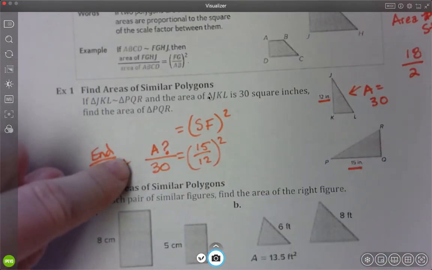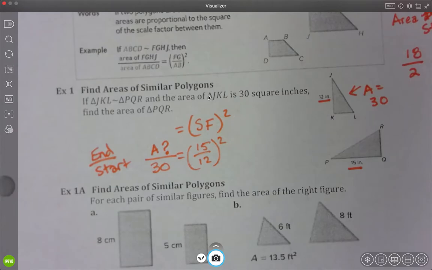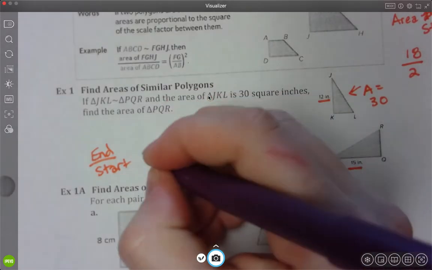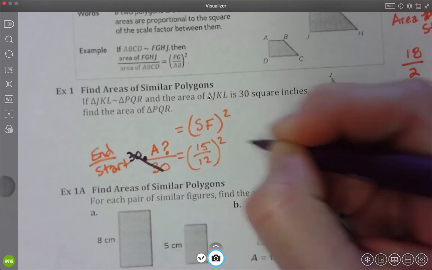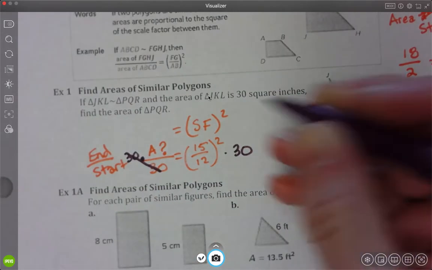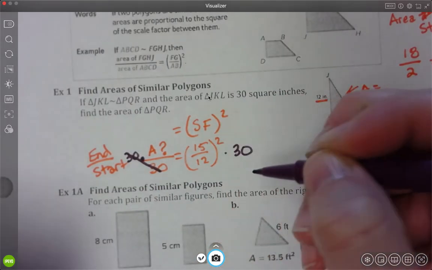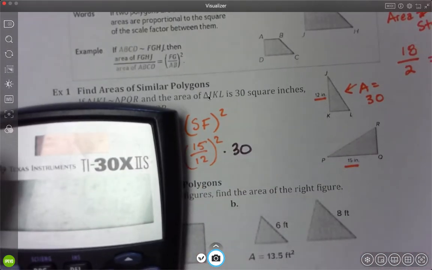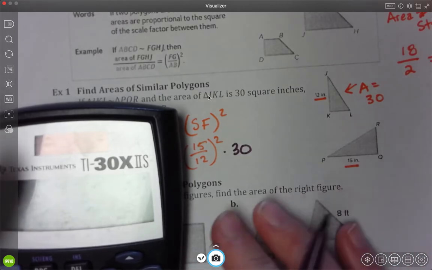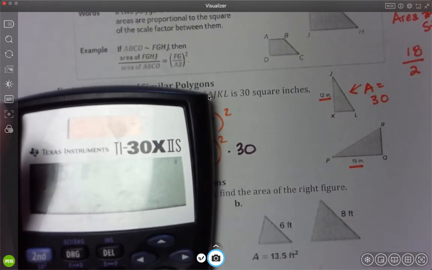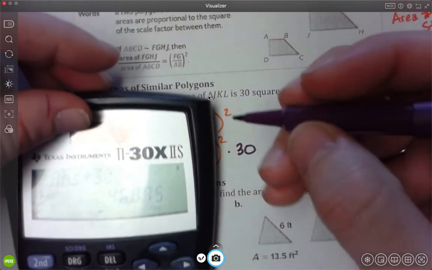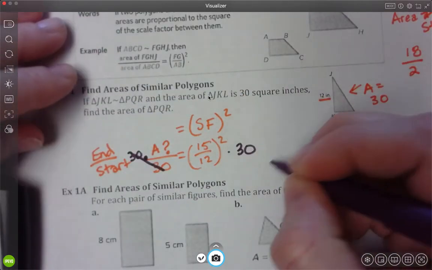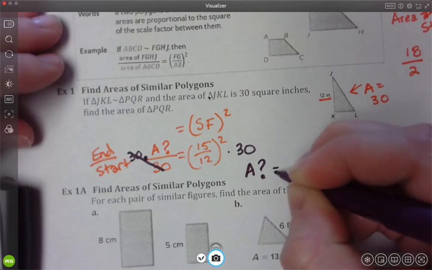So if I'm trying to find that area, to get rid of that 30, all I would need to do is multiply both sides by 30, okay? So I'd have 15 over 12 squared times 30. I'm going to take 15 divided by 12, square that, and then take that times 30. 46.88, let's say. So the area of the second one is going to be 46.88